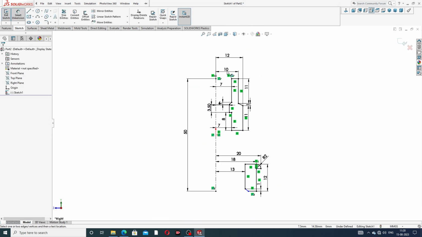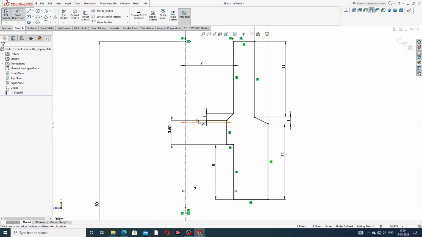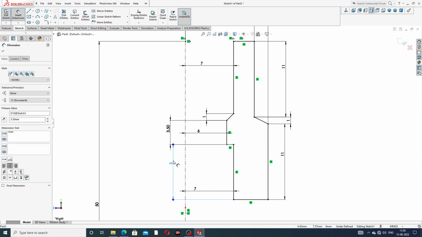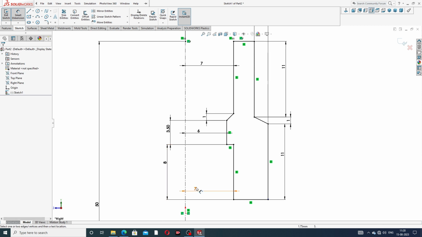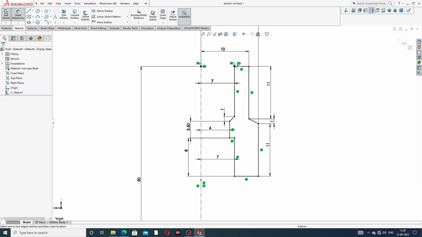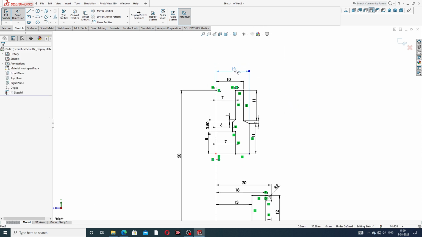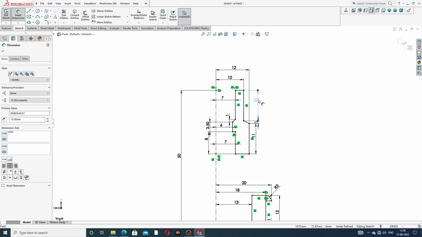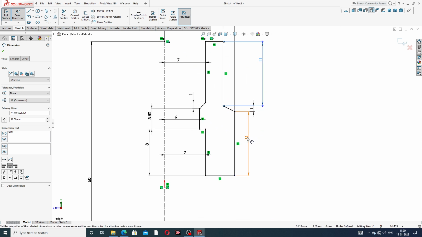Okay, all is perfect, and this is this, and this 7 millimeter and 1 millimeter is this. Okay, all is perfect and correct, and this also this. Okay,